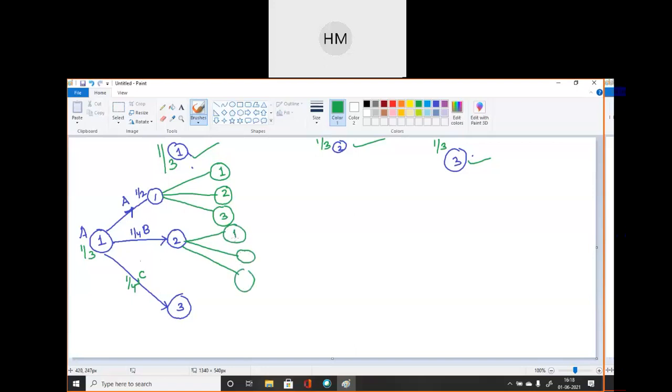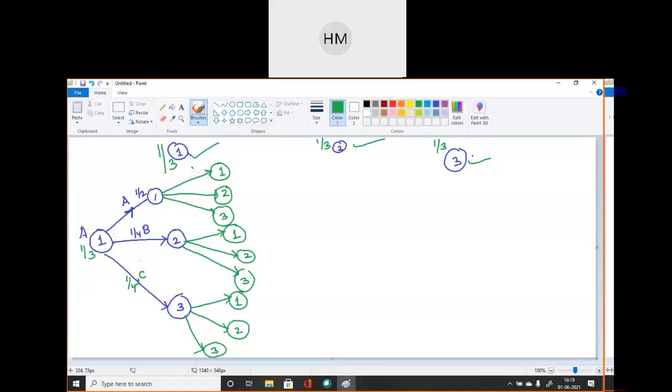I can go to 1, 2 or 3. Okay. Similarly, if I am at node 3, I can have 3 different paths to go to node 1, node 2 or node 3. Clear, students? Now we will mark all the arrows and respective symbols which are produced when we are moving from one state to another. Clear?